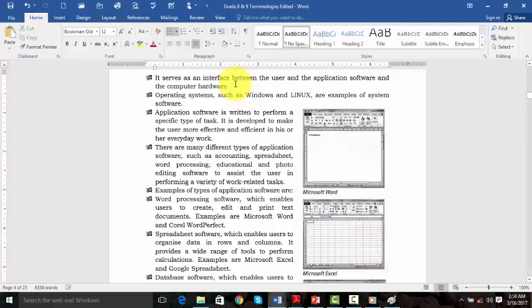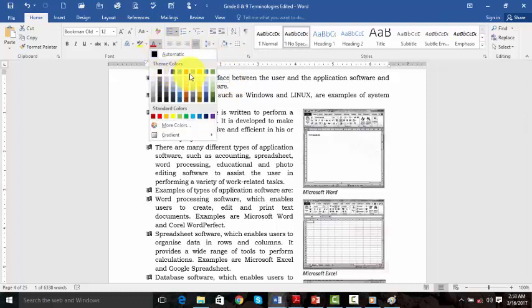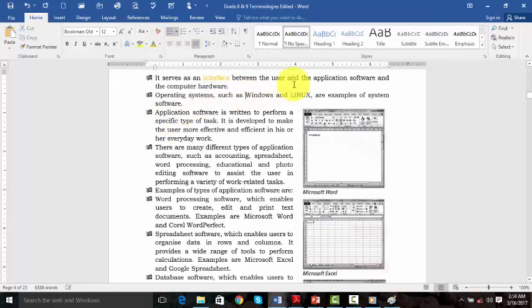An interface is something in the middle, trying to connect the user, the application software and the computer hardware to work together. So that is the work of the operating system.